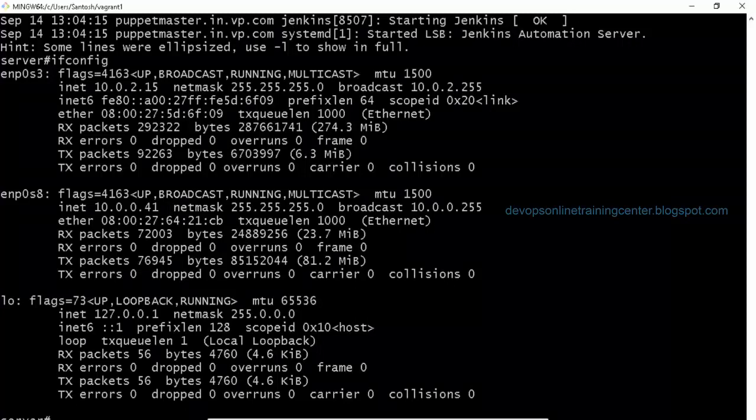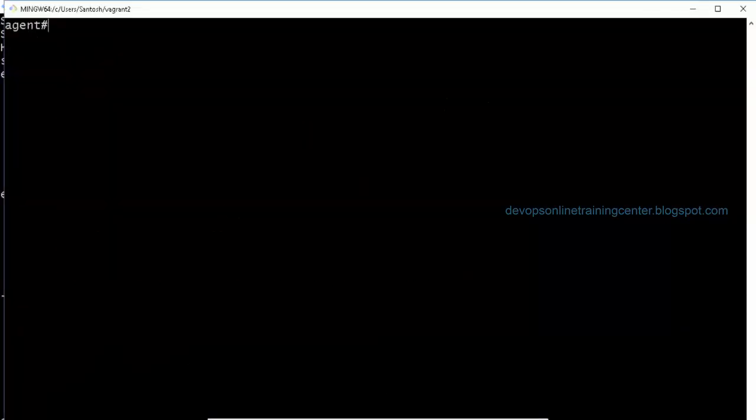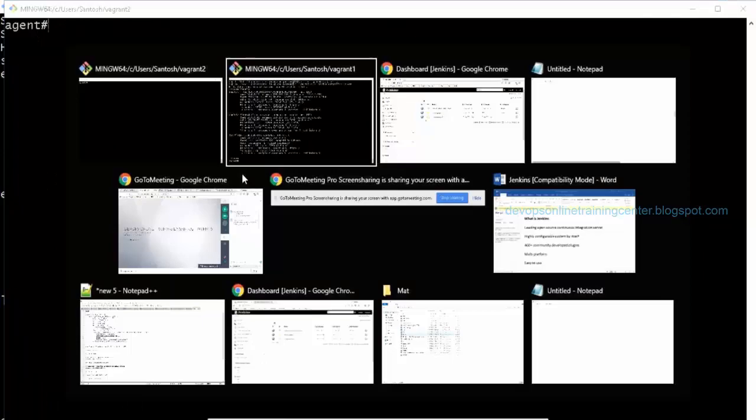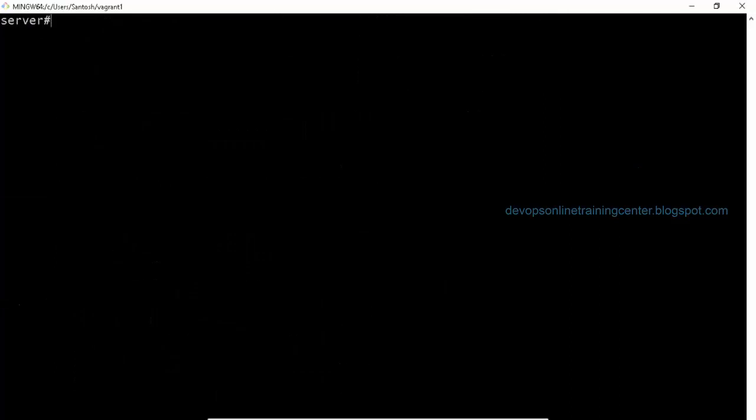Let's say I have this 192 IP or 10.0.41 IP. I want to make this. There is a way to set the IP for the Vagrant user even before you create, right? So in the Vagrant file itself, you can mention that IP. So you have to mention that in the Vagrantfile, not at the host level, not here. Yes, here also you can set it, but because of DHCP, I don't think it works. Maybe you need to change that as well.